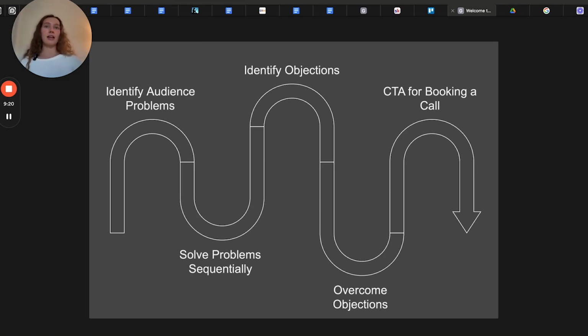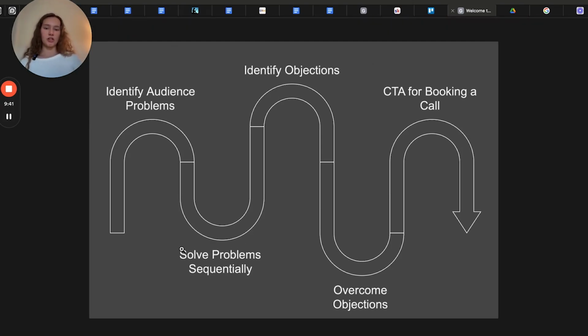That's what I do for a lot of my clients. Or you can just ask ChatGPT, what are trending searches around this subject? And then solve those problems sequentially. So usually in a series of problems, one is going to lead to another. You want to solve those in sequential order in the welcome sequence, so you're not bouncing around in your client's mind. You are going from one problem to the next, to the next, to the next, to the sale.